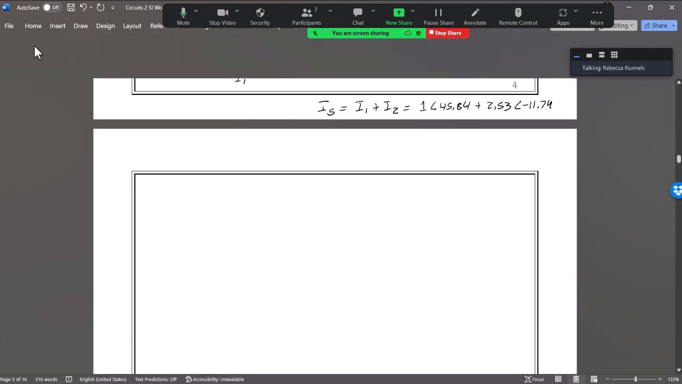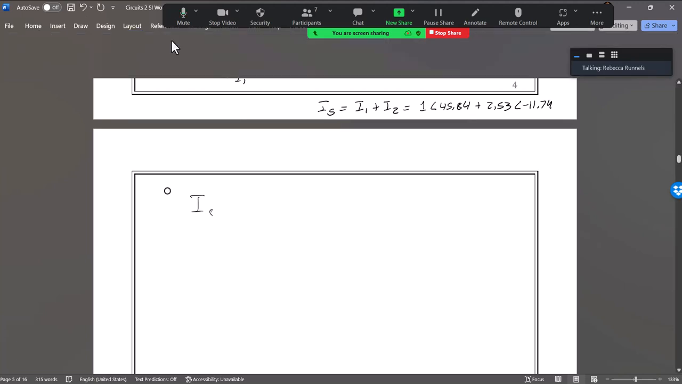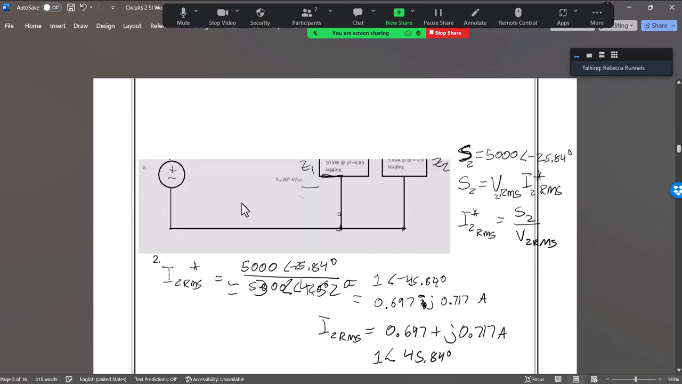Okay, so now if I change that to polar, I get that I source equals 3 angle 4.52 degrees. And then, if I look at my circuit,